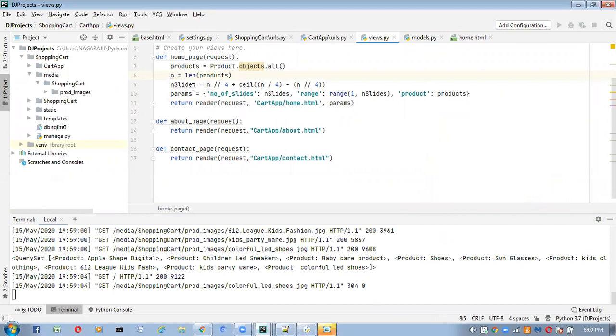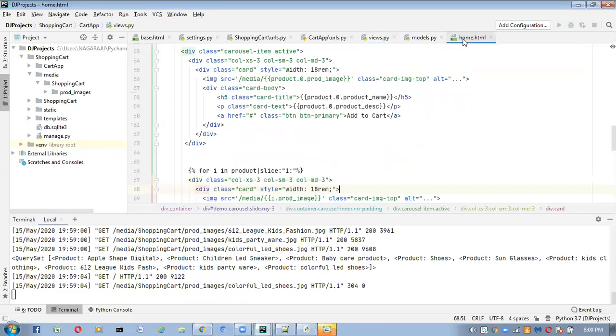Next, here I'm going to find out the slides. For that, what formula I'm using: n floor division 4 plus ceil of n divided by 4 minus n floor division 4. So next, what parameters I'm passing here: number of slides, n slides, range, and all the things I'm passing here.